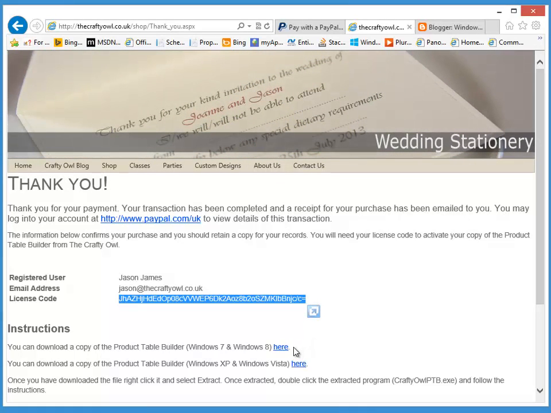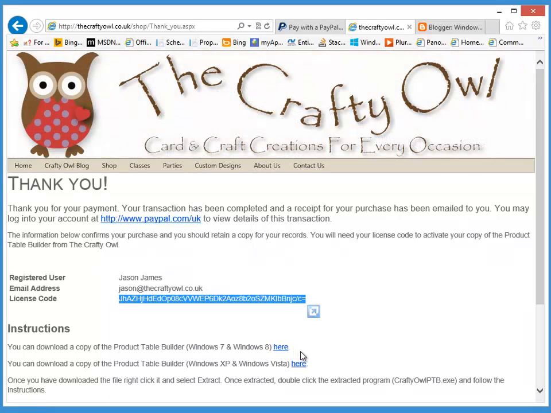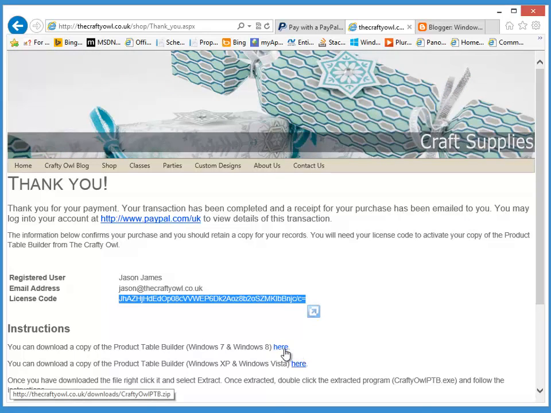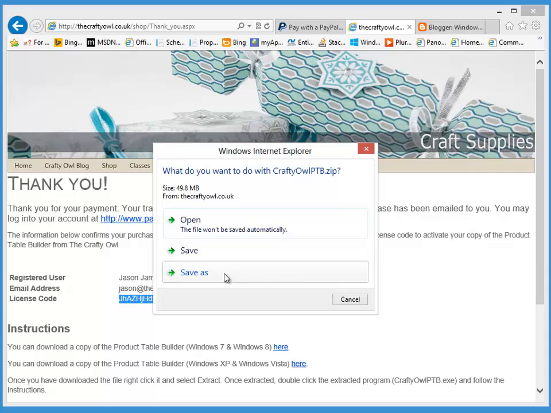There are two versions of the product table builder, one for Windows 7 and Windows 8 and the other one for Windows XP and for Windows Vista. The products are virtually identical. If you have Windows 7 or Windows 8, I would strongly recommend you download and install that version, which is what I'm going to do. I'm going to save it